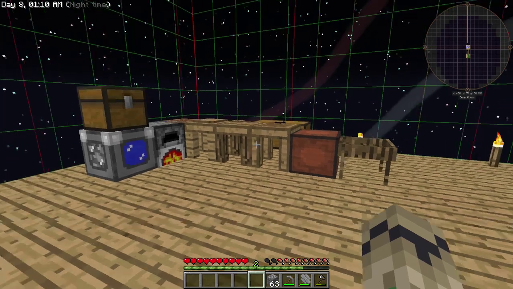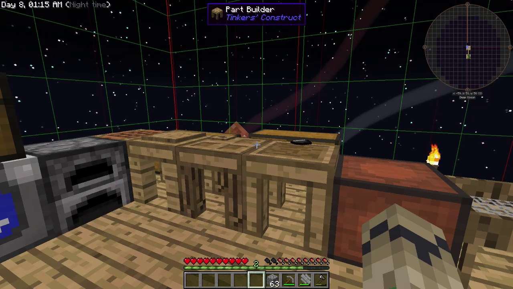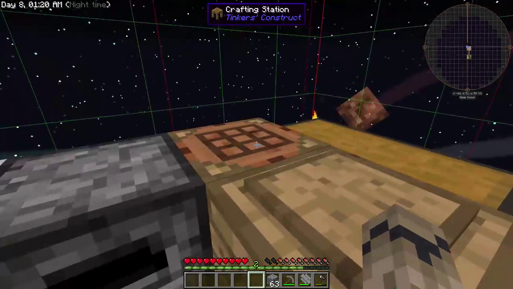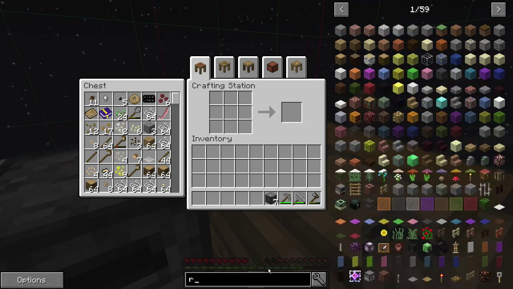Probably getting redstone and being able to create item conduits. That'll be the next step. So let's do that. So to get... Oh, right, I can't do that. To get redstone, I need dust, but...